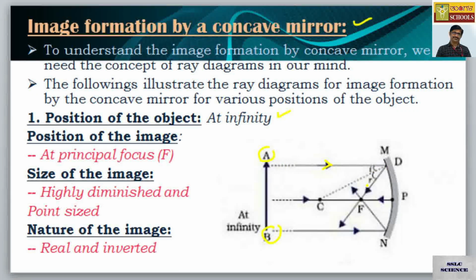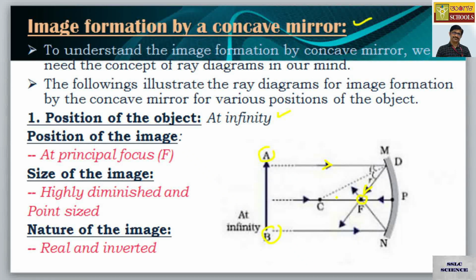After reflection, it should pass through principal focus F. And similarly from point B, after reflection, it focuses on F, and hence you are getting the image at this point F. On principal focus F, you are getting the image,